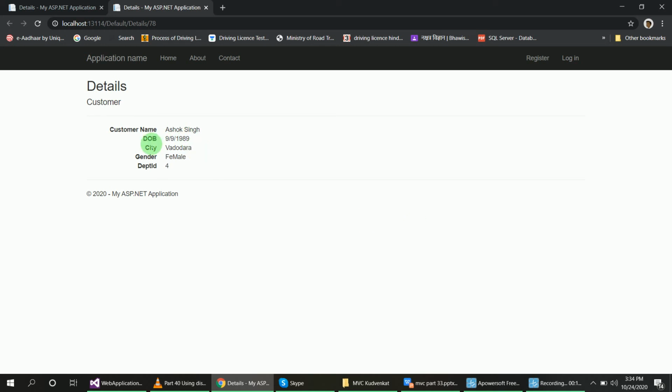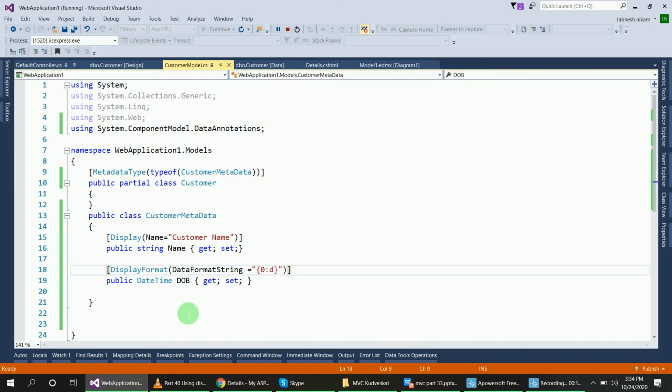Now we will check if I want to display this date and the time. Okay, for that what I will do, I will add here the different property, display format, data format string, and changes need in this data format string.